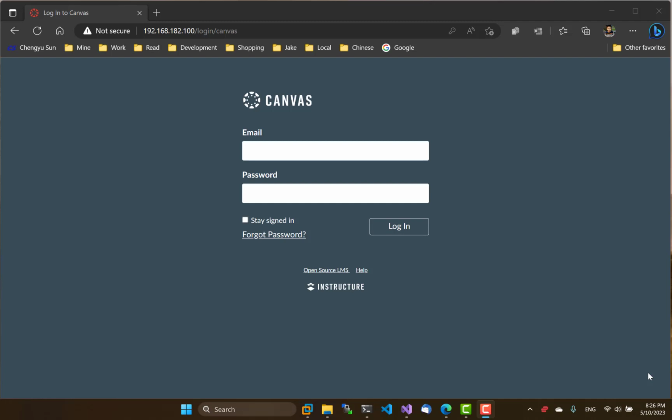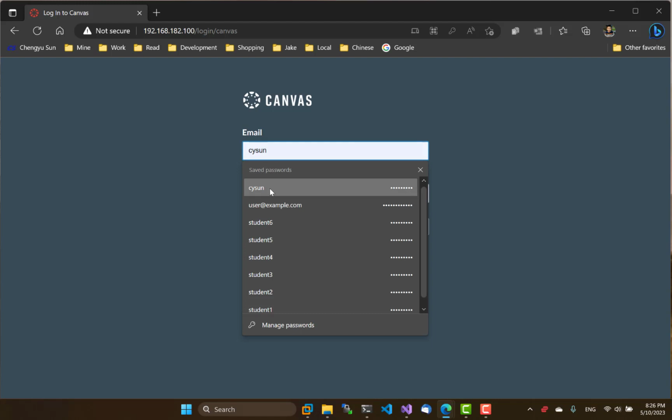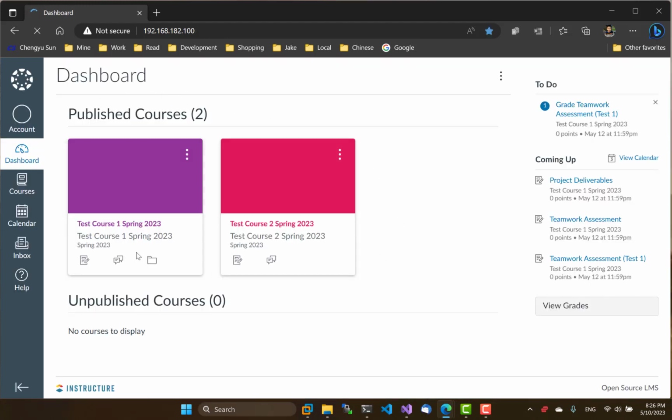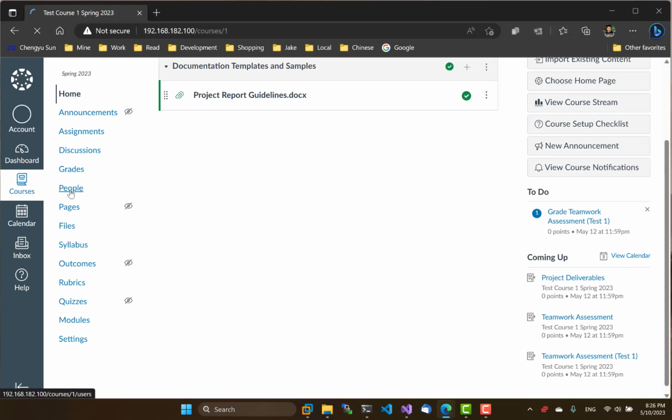Today, I want to demonstrate some Canvas-related functions in Ascent. First of all, I have a local Canvas setup here, and if we log in, we can see that I have two courses in this local Canvas setup, Test Course 1 and Test Course 2. So, Test Course 1, I have